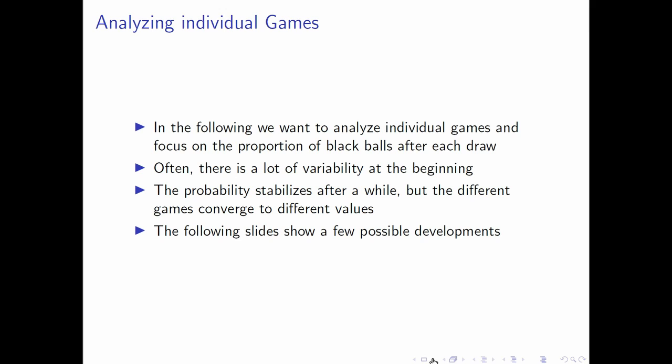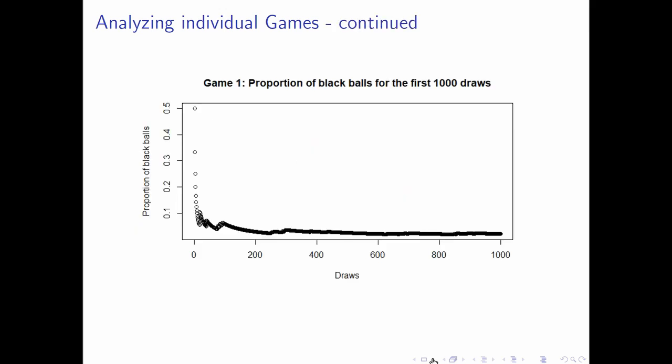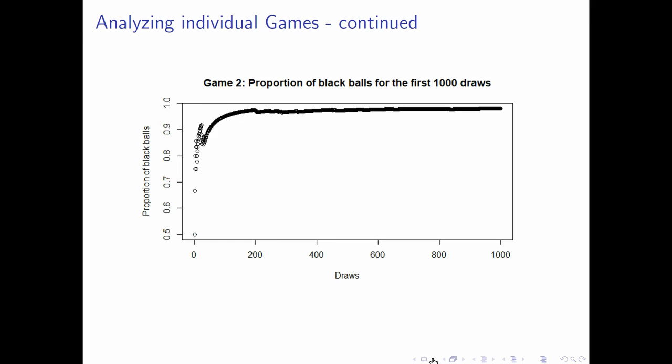We pick the following examples. The plot shows the proportion of black balls after each draw for the first 1,000 draws. It is essentially constant afterwards. We can observe that it converges as the number of draws increases. We can also see that for this particular game, the proportion of black decreased over time. So this corresponds to the case where the poor are getting even poorer. In fact, this one resulted in 221 black balls at the end, so a profit of $221. But of course, this is just one individual game and it could also look the other way around, as shown in the next plot.